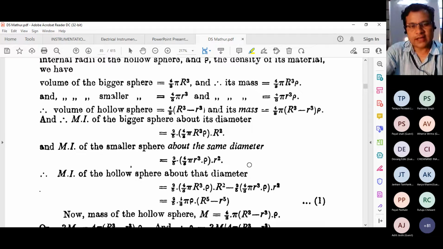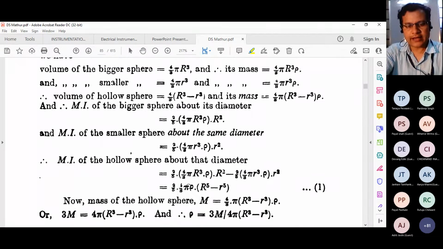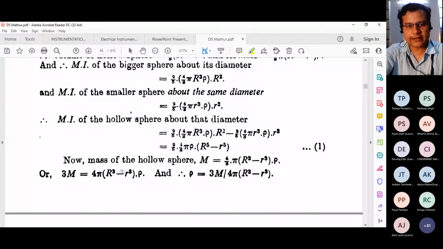This is the MI of the bigger sphere minus the MI of the small sphere. Okay, we subtracted the smaller portion from the bigger portion. So getting the point. So here the mathematical things will be calculated to get the moment of inertia of the